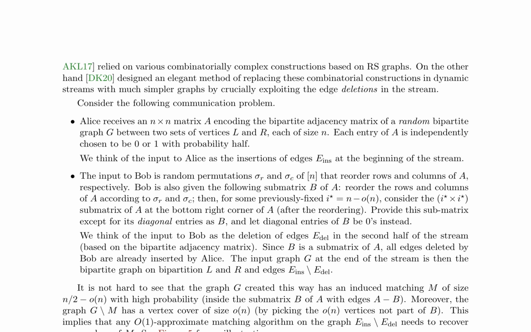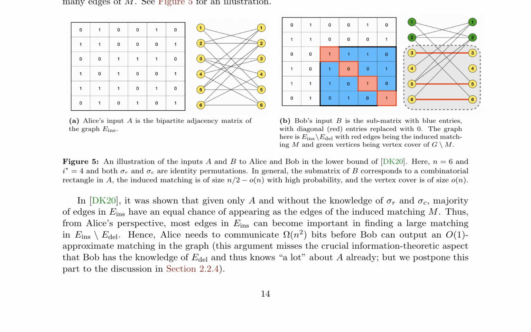including combinatorial and information theoretic aspects. They address these challenges by borrowing ideas from previous works, such as using an idea due to DK20 for proving single-pass O(1) approximation lower bounds for matchings in dynamic streams. This allows them to create an instance involving only one induced set of (P-1)-pass instances. The authors also borrow ideas from AKZ24 for augmenting the input of players even for multi-round pass algorithms on dynamic streams, addressing information theoretic aspects of O(1) approximate matchings.